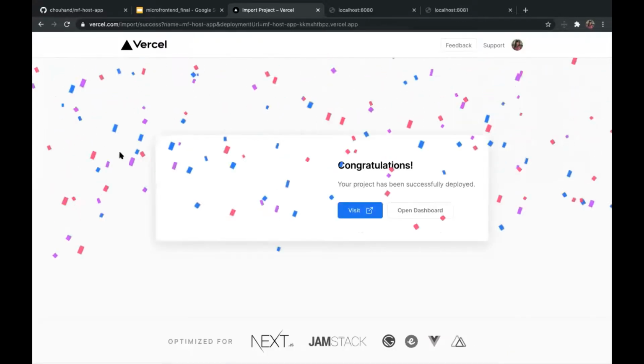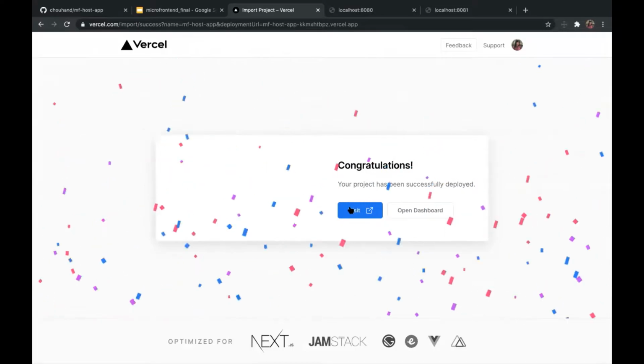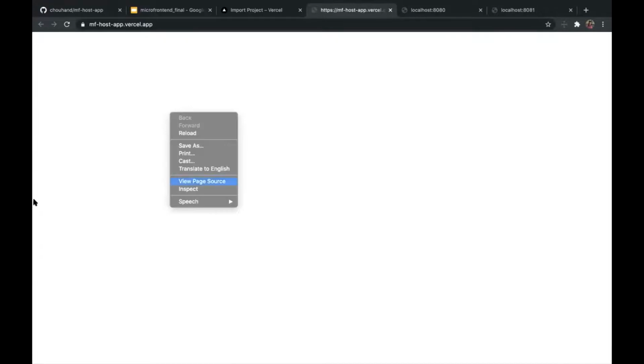Here you can see, okay, we got this. Then we should visit it, and I'm hoping that it will not work. Why will it not work? Let's see the page source. As you can see, this is our normal HTML template, and it is looking for localhost 8080. This is in production, and it should not look for localhost 8080.